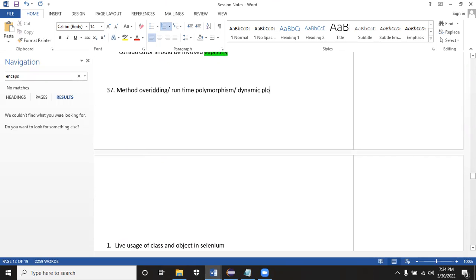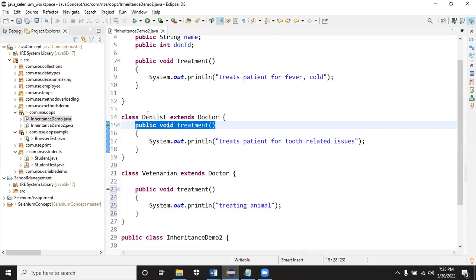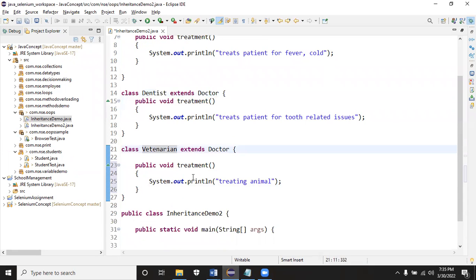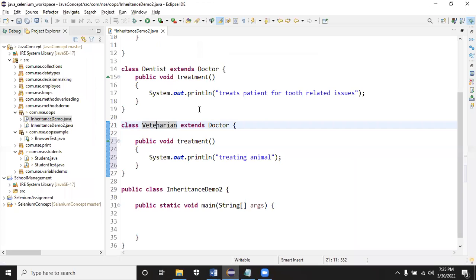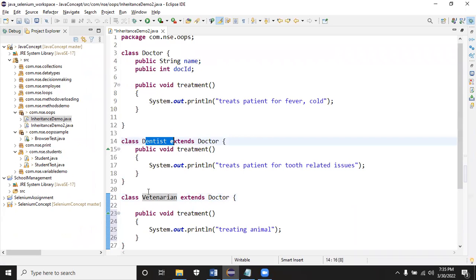The concept over here is the same method will be there in parent and child class. But the only thing is it will have different definitions. Every class will give their own definition. Now, in order to achieve the method overriding concept, you have to create an object for child. When you create an object for child, these are all child classes. When you create an object for child, the memory will